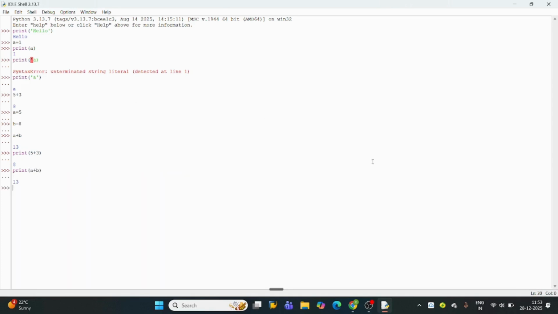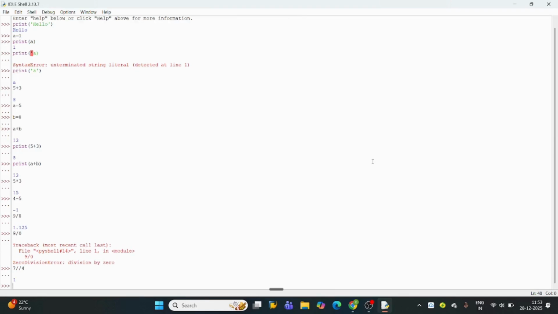So in various ways you can perform mathematical operations like 5 times 3, 15, 5 minus 4, 1, 9 divided by 3. When you divide 9 by 0, you will get an error, division by zero error, because it is undefined. And the next mathematical operator, floor division. We need to use a double slash in floor division. 7 floor divided by 4, 1, because when you divide 7 by 4, you will get